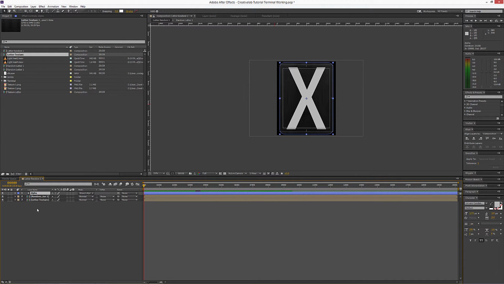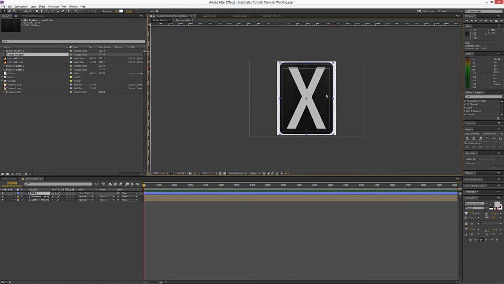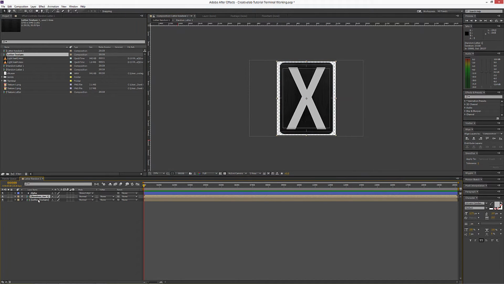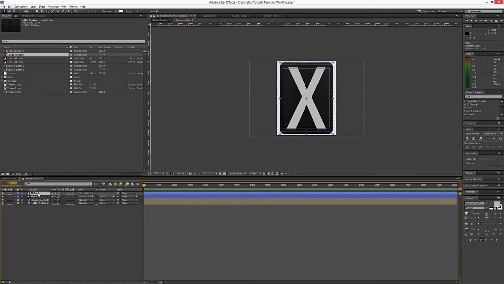So what it will do, it will tell the program that any other layer that is below this layer will use the alpha of this layer. So like you see now, the random letter and the letter texture, they all have the alpha from this one. And now we will duplicate alpha and we'll name it